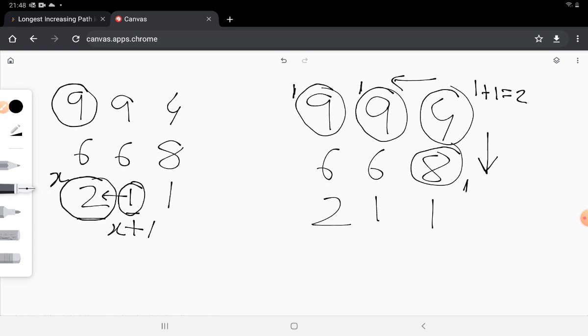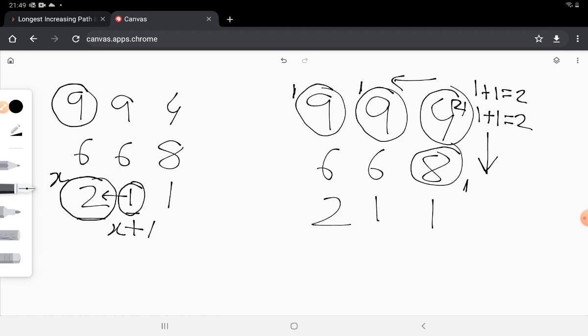And now we roll back to 4, and at 4 we see that if we go from 4 to 8, and 8 is 1, so again the longest increasing path in this direction is also 2. So in both these directions we get a best path of length 2. So we can just keep track of that: from 4 we can get a longest increasing path of length 2.